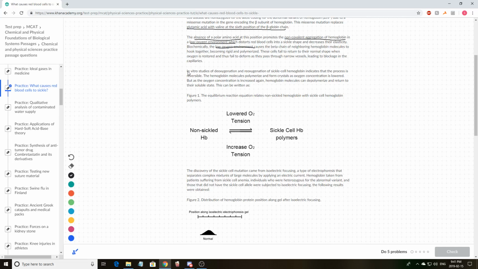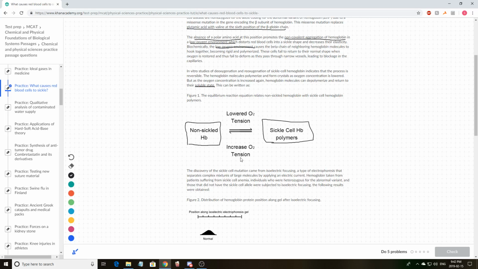So let's continue. In vitro studies of deoxygenation and reoxygenation of sickle cell hemoglobin indicate that the process is reversible. The hemoglobin molecule polymerizes and forms crystals as oxygen concentration is lowered, but as oxygen concentration is increased again, the hemoglobin molecules can depolymerize and return to their soluble state. Okay? So this seems to be an important diagram. So we can convert between the non-sickled form of hemoglobin to the sickled form of hemoglobin,